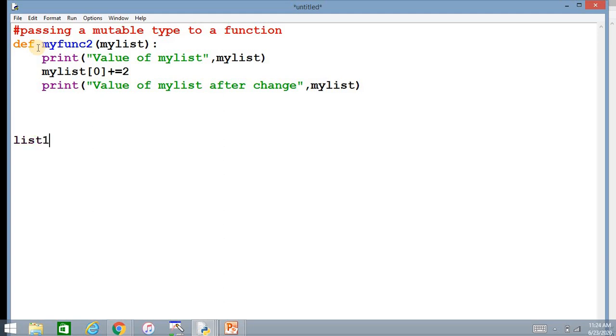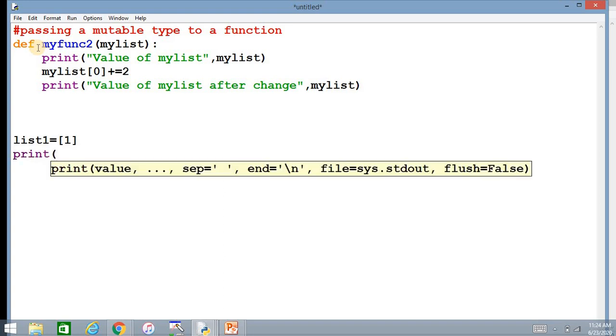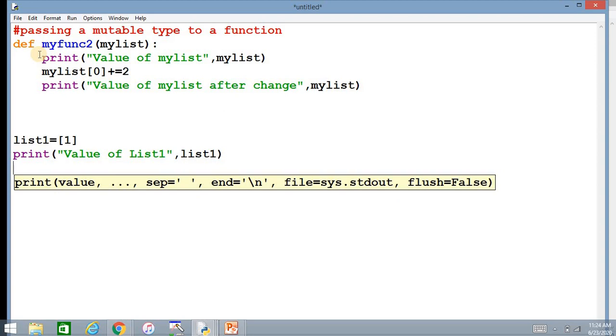List 1 is equal to, I am making only one value here. So list 1 contains 1, and then I am going to print the list here again: value of list 1, which is list 1. List 1 is created and it is being printed.